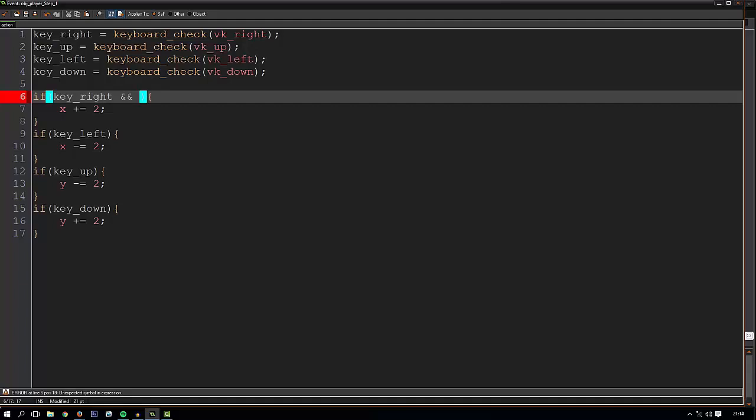So you want it to check if key right is being pressed, and if it isn't meeting the wall, if it isn't meeting the wall 2 pixels to the right, obj wall. Right, so what this means is you need to put an exclamation mark there as well, because if